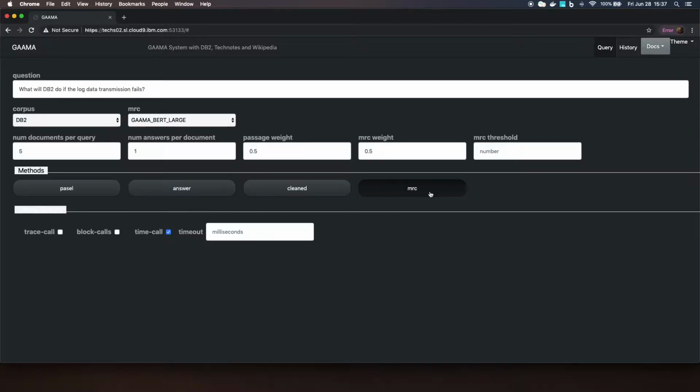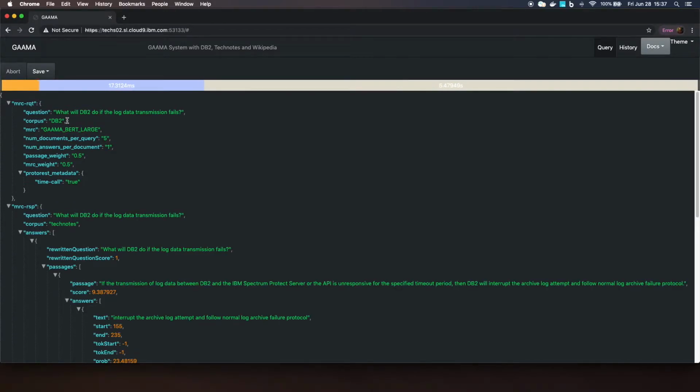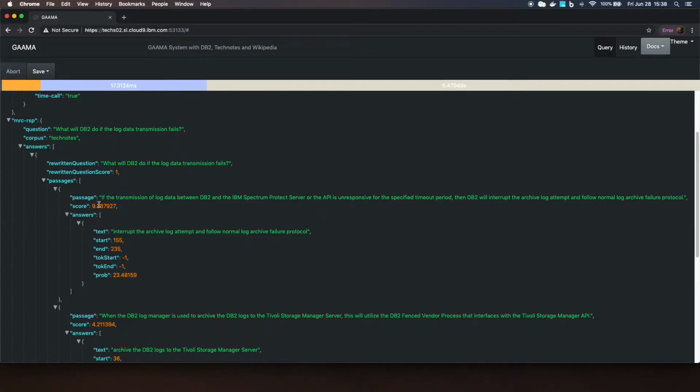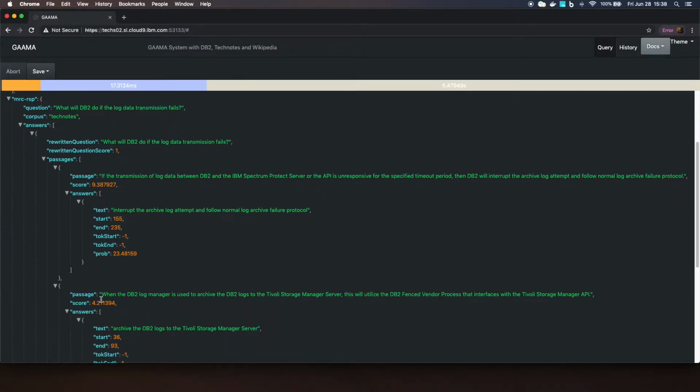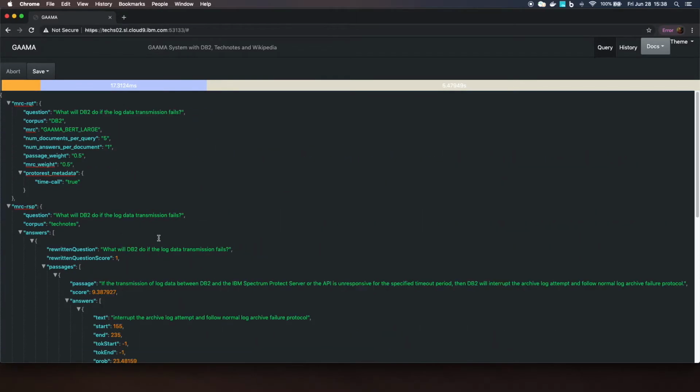So we'll start with that simple IR plus MRC workflow. So you can see the system takes all of those inputs that we provided, the question, corpus, hyperparameters, sends it out, and in return the system returns a bunch of passages retrieved from the IR component. And then for each of those passages, the MRC component extracts answer spans that hopefully address the query, along with a score that has some notion of how relevant the answer span might be to the question.